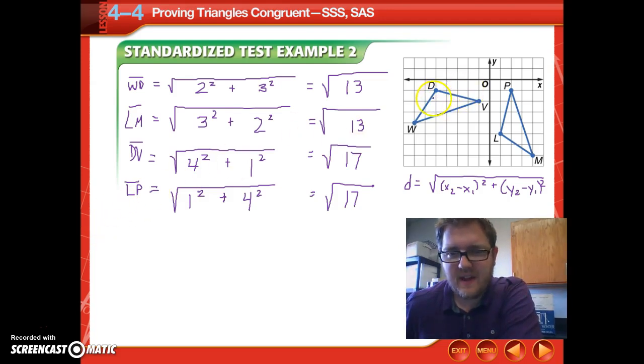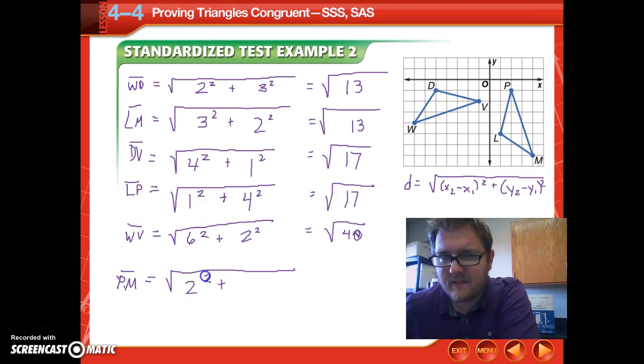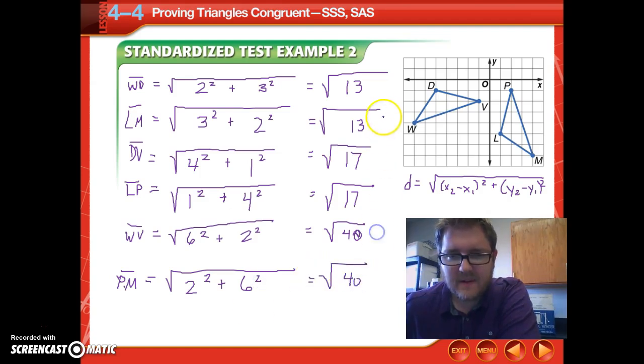WV has a difference of 6 for x and 2 for y. Squared plus 2 squared is 36 plus 4, or 40. The difference in x of 6 squared plus the difference in y of 2 squared, and 36 plus 4 is going to give us 40. So because the 3 sides have congruent parts on the other triangle, we can prove by our postulate SSS that